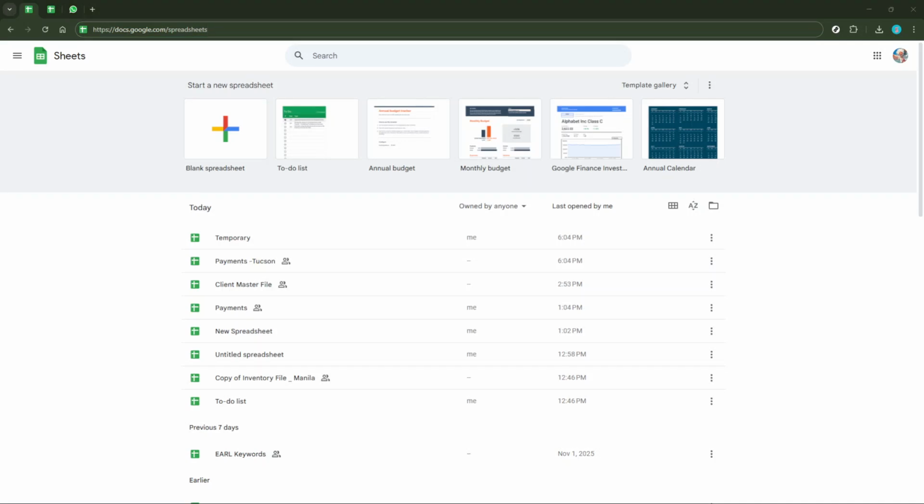In today's video, I'm going to teach you how to send or share a Google Sheet on WhatsApp. This simple and quick process ensures that your important data or collaboration files are sent effectively, whether you're connecting with colleagues, friends, or family. Let's dive into the steps together.